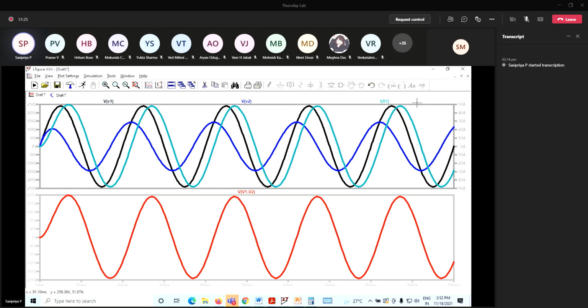Those using Mac, please let me know whether you are able to see the waveforms. Using this transient analysis, are you able to see the waveform? Yes, ma'am, this is visible. Okay, this is working. Only AC analysis is a problem. Okay, later on you can just Google and find out, and let me also know how you resolve it.